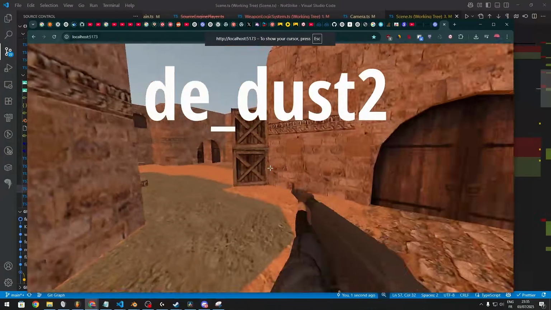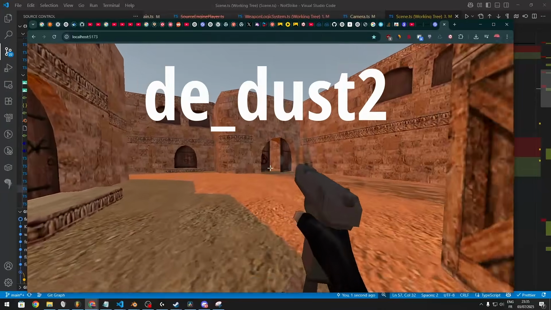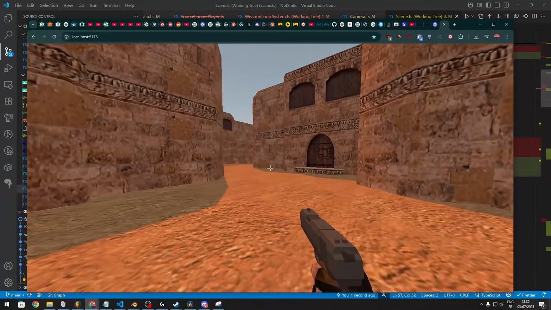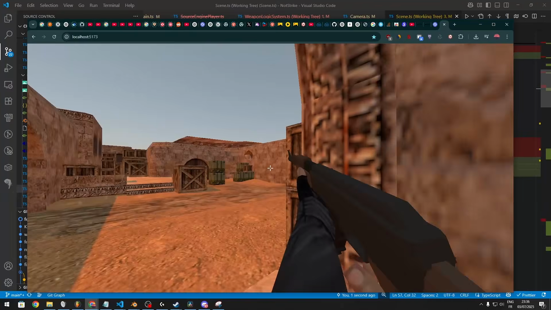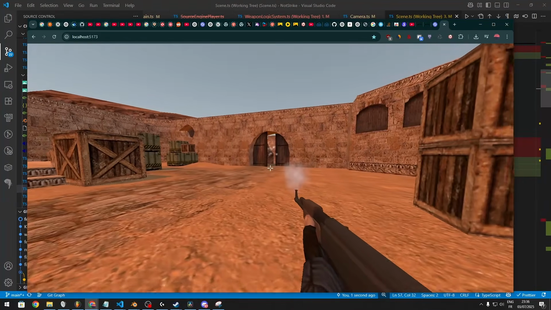Of course, I had to try Dust too. This can't be a Counter-Strike clone without it. I grabbed a map just to test things out, and honestly, seeing it running in my engine made me start